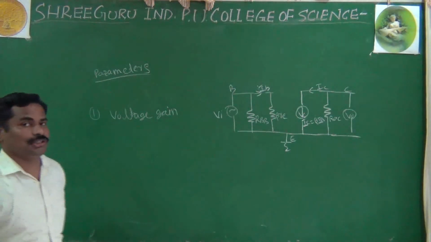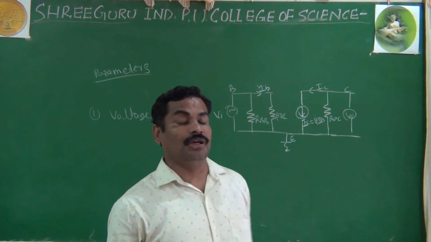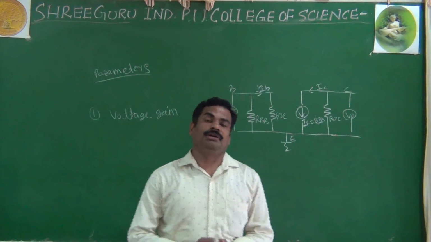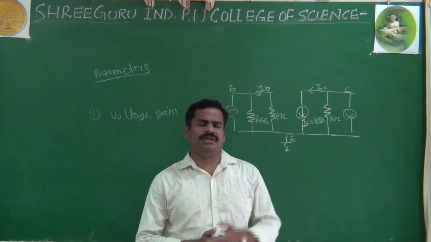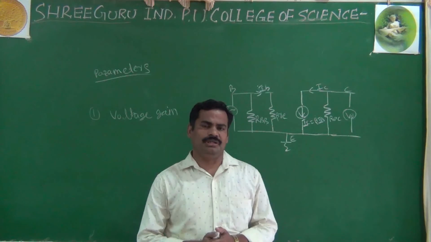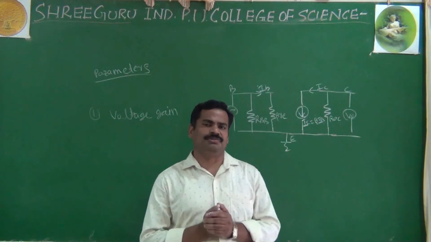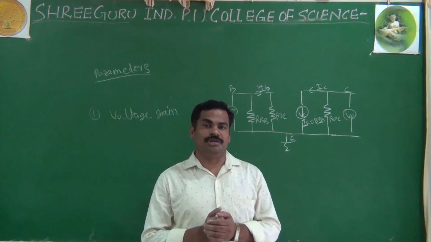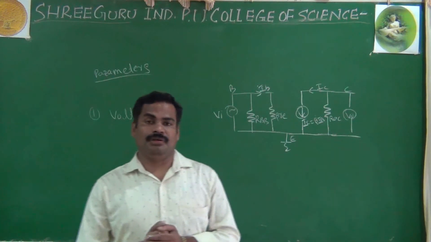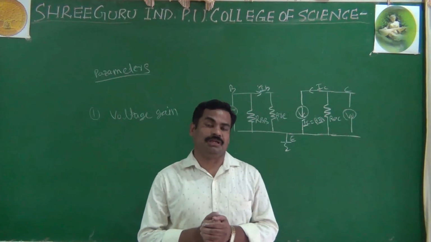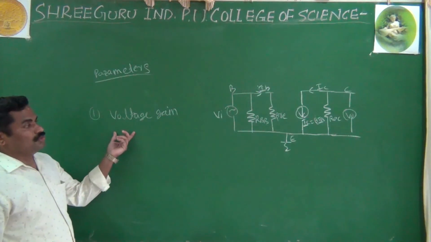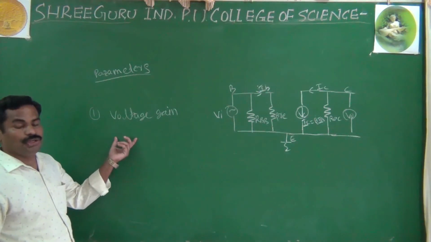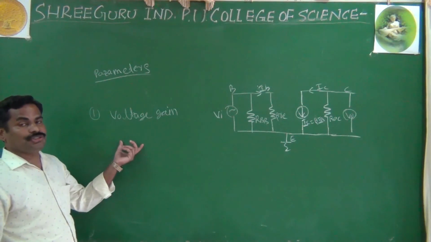As I said already, for any amplifier, it may be common base, common emitter, or common collector, you have to follow the same steps, with only small changes. And especially it is not a concern for students, because the syllabus has only common emitter AC and DC equivalent circuits. We prefer the CE amplifier because, as I said, we get more current gain, more voltage gain, and also more power gain. Now we have to find the voltage gain, or the current gain. What are the important parameters of your CE amplifier?